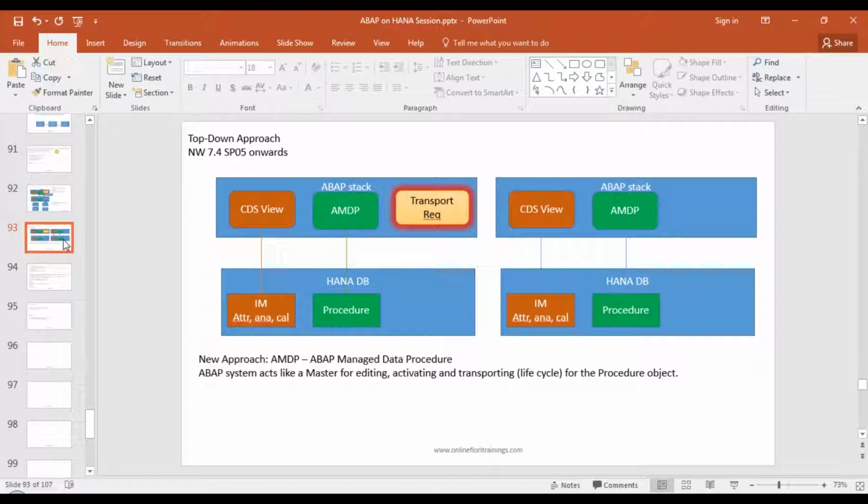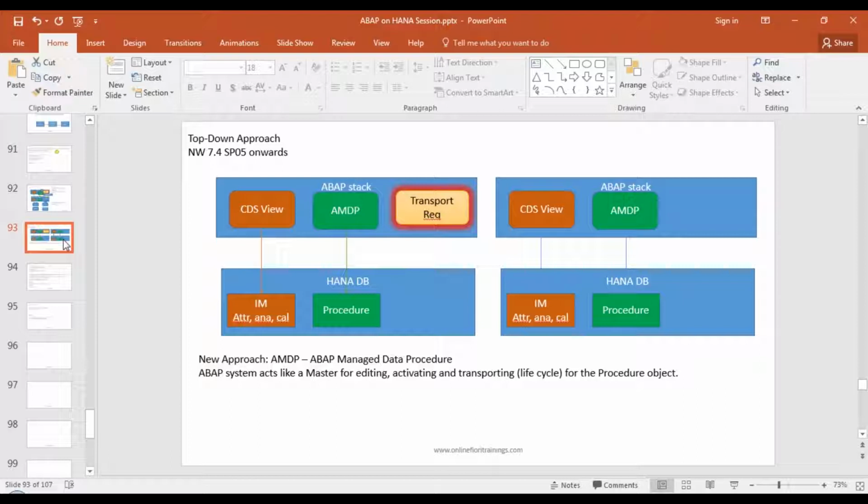Another interesting advantage is that these concepts are not just limited to the HANA database, but they work with every database. But the true use of them comes into the picture when you're using HANA as the underlying database, because HANA has this capability of code push down. Your lifecycle management has also been simplified using a single transport request.